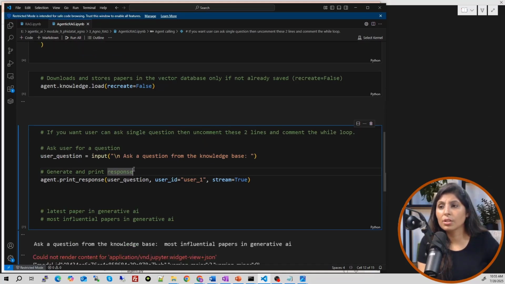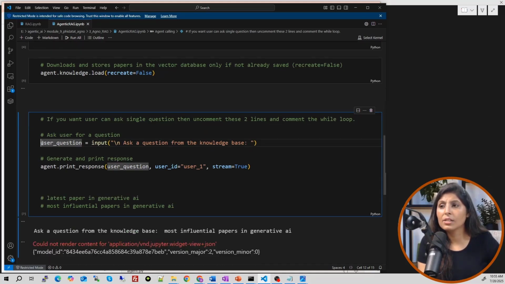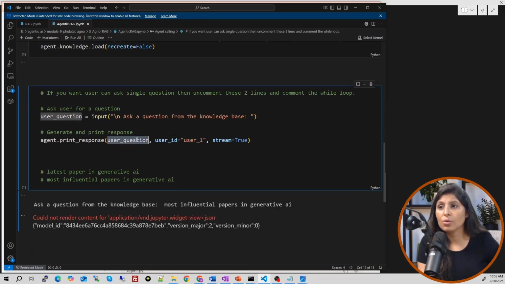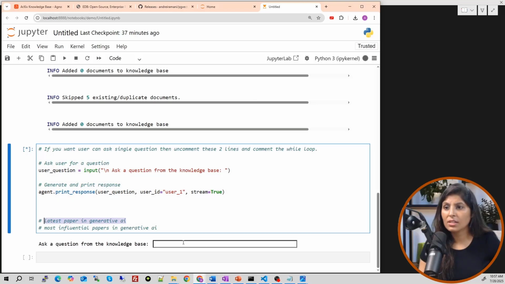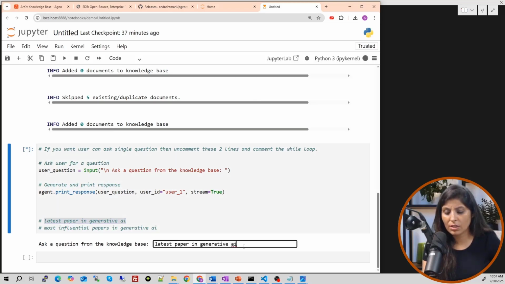And after that, now let's check if our application is working. So the user asks the question. Now this part is for asking the question. So input means the user will see an input box where the user will write a question, and then that user question will go to the agent. Okay. And then the agent will work on it. Let's run this code and see. Okay. See, this kind of input box the user will get. Here the user can ask the question. Let's say we want to ask this question: latest paper in generative AI. So this is my question. And now when I hit enter, this question will go to the agent. The agent will search the archive website and fetch the output. Let's run it.